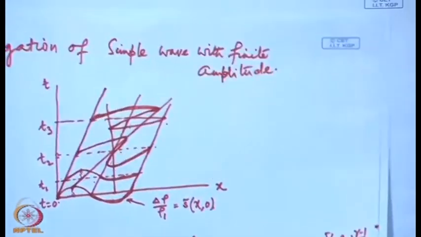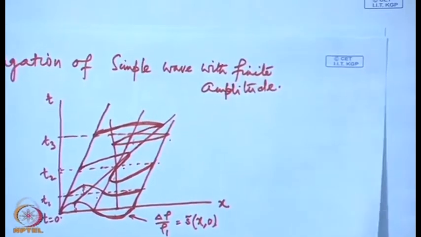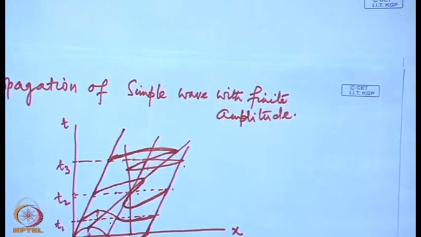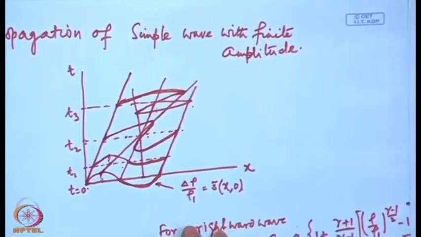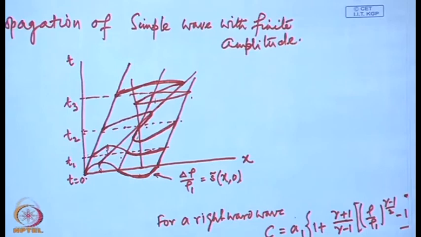So, what we see is that if we have a finite amplitude wave, then different parts of the wave will propagate at different speeds, and consequently the wave will distort. The compression part of the wave steepens, while the expansion part of the wave flattens. Due to this steepening effect, the velocity and temperature gradients increase considerably, and subsequently after a certain time a balance is reached between the steepening effect due to nonlinearity and the diffusive action due to viscosity and heat transfer,